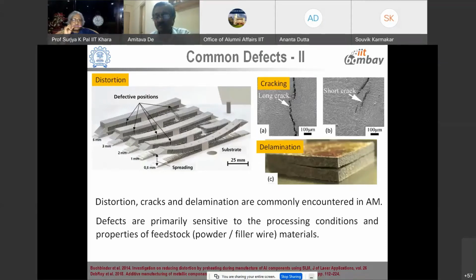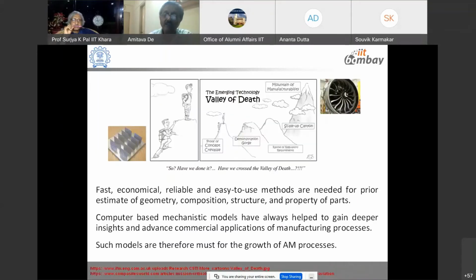The only difference here, as I said at the beginning, is that experiments which would lead to such defects are very, very costly. So we need to evolve processes or procedures that would help us get rid of such pilot experiments in a large manner, and get rid of such defects, or estimate suitable conditions that would reduce or mitigate such defects. So this is the scenario that we are in additive manufacturing as of today.